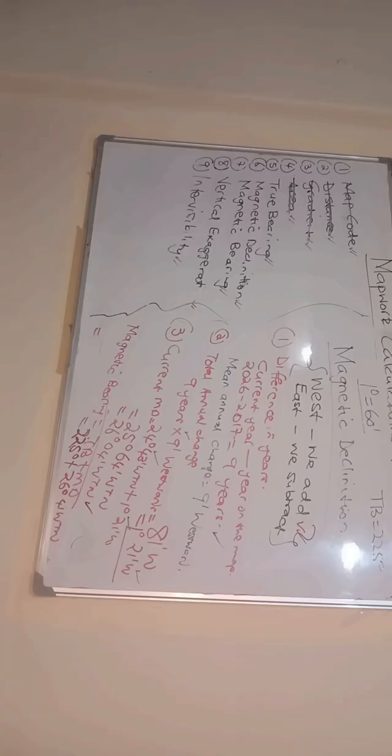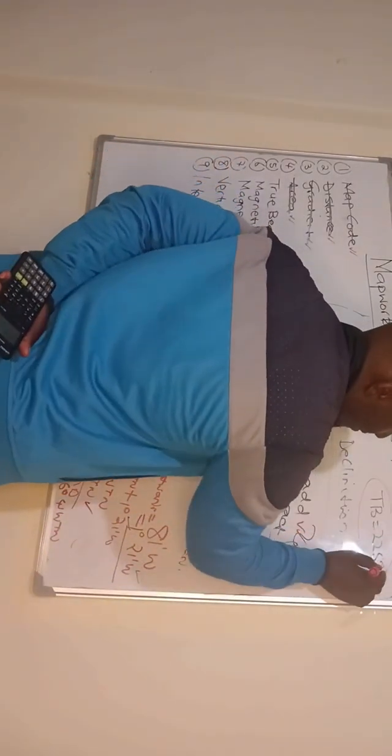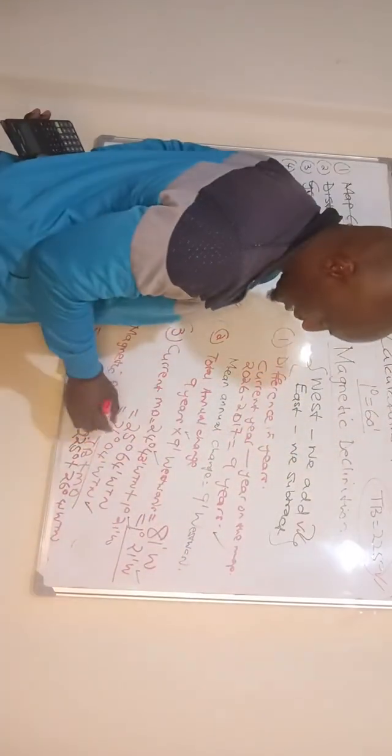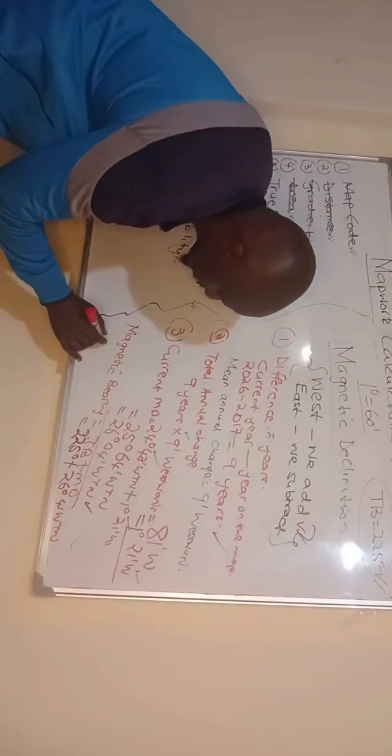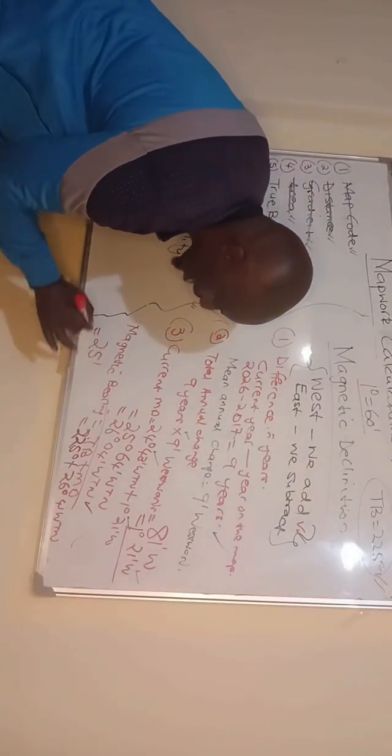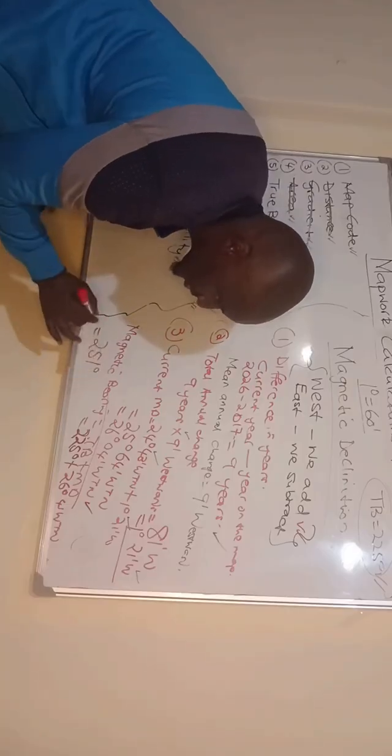Remember, when we calculated our true bearing from the map, we got 225 degrees. So that's where it came from. Remember this. We calculated this. That is our true bearing, plus our magnetic declination, which is this. So if you add these two, you are going to have 251 degrees,